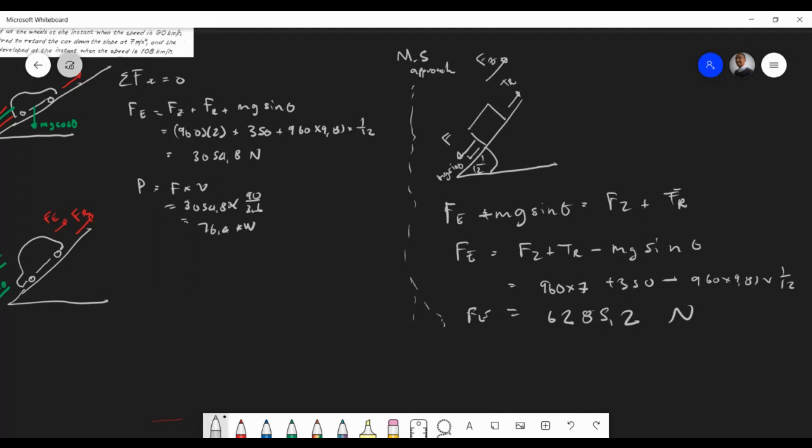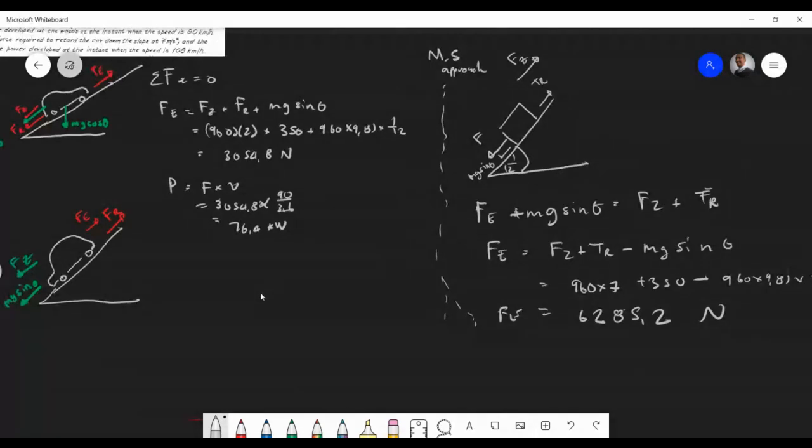6,285.2 newtons. Okay, I got the same. Yeah. So I'm not exactly sure. The force they get here is 7,155 newtons. Now, I'm just not too sure exactly how that will work out here. But I think it's to do with the way the body is accelerating, because it's decelerating, and I'm not too sure. I have to really, but I get that value and the power required,